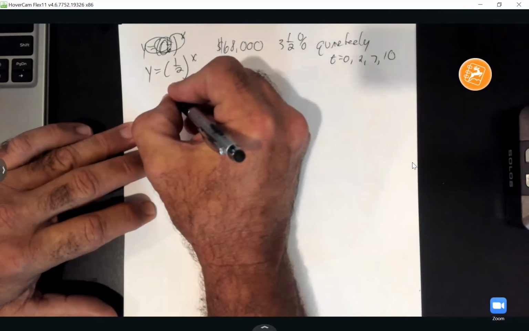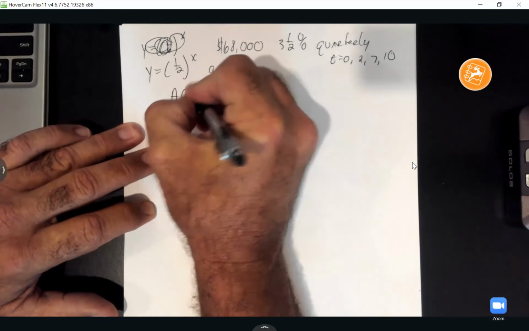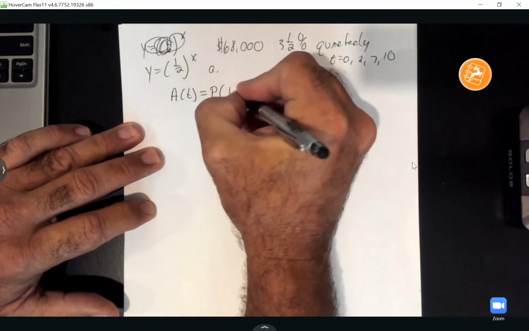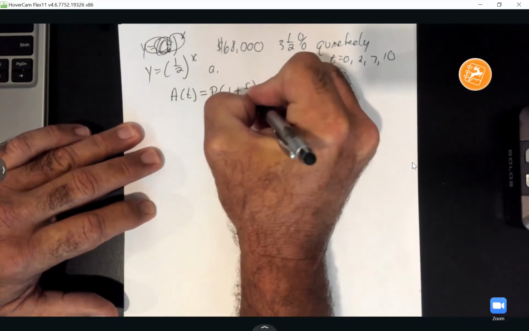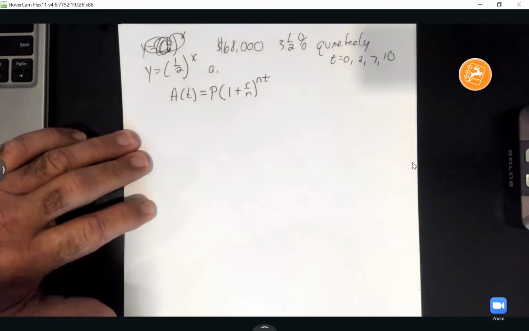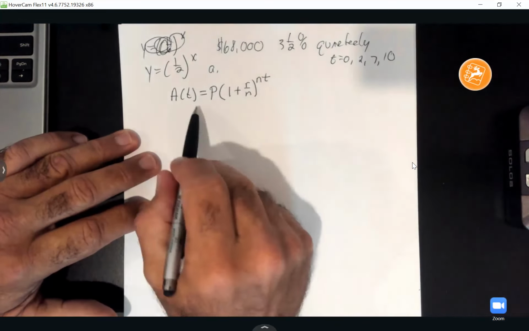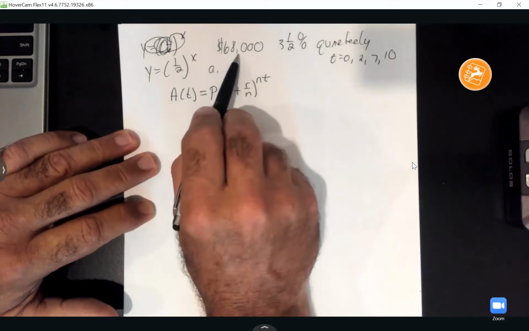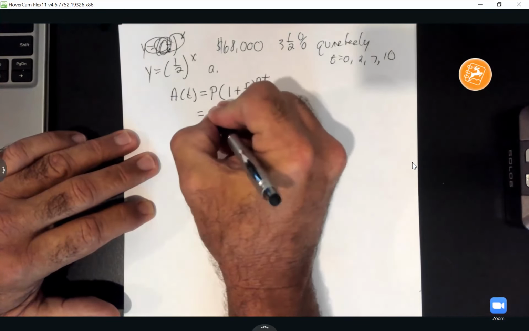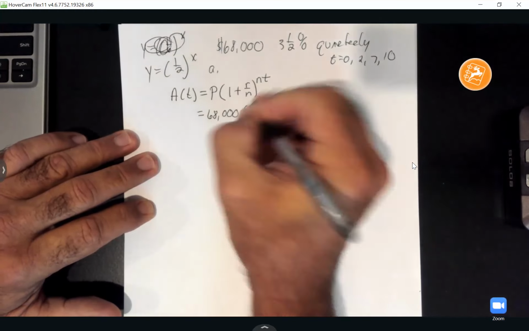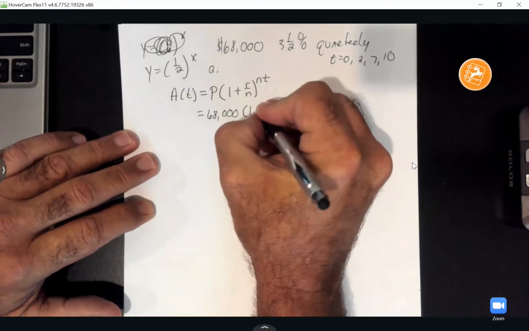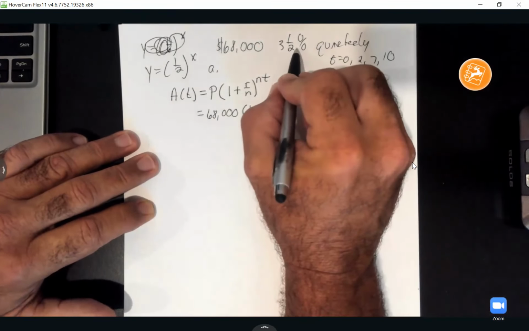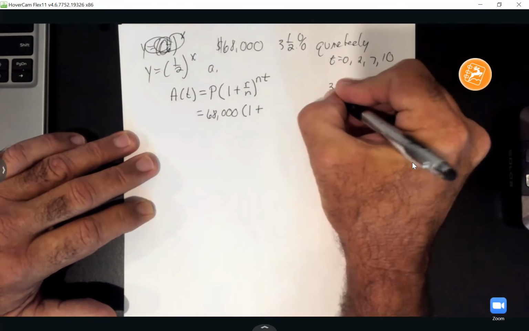All righty, so remember, we're using the formula A of t equals my principal times 1 plus r divided by n, all raised to the nt. So for A, they want us to figure out this formula here. P is my principal, that's $68,000. Parentheses, 1 plus R. R is our interest rate. So mine's 3.5%, so that's going to be